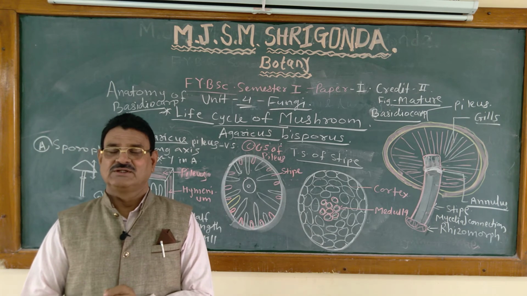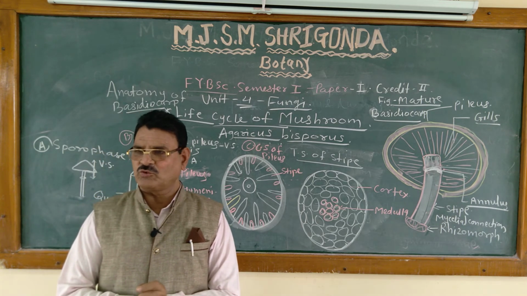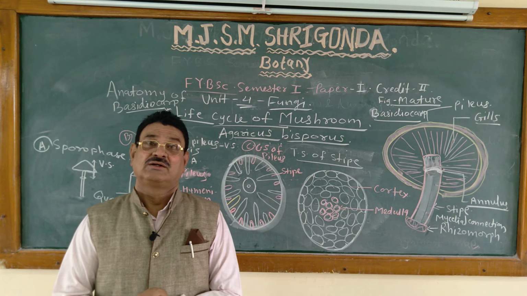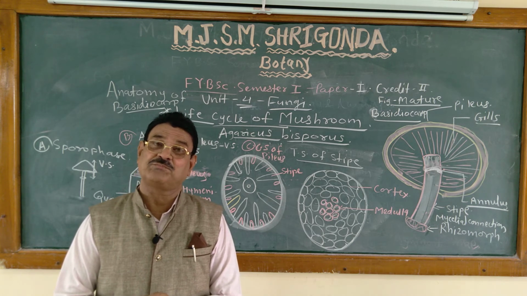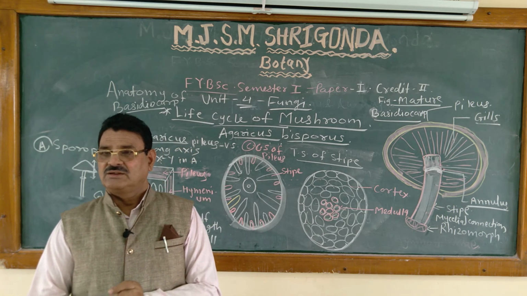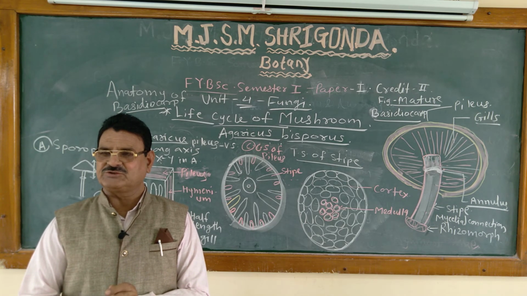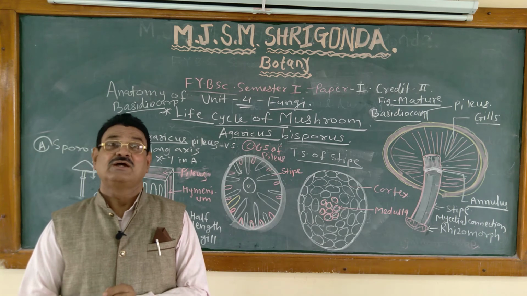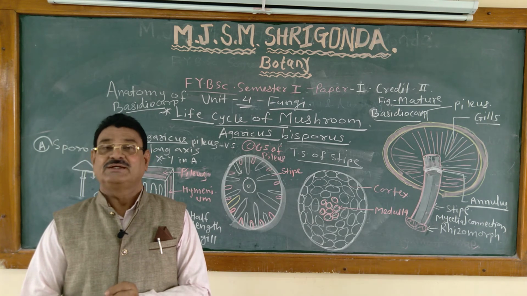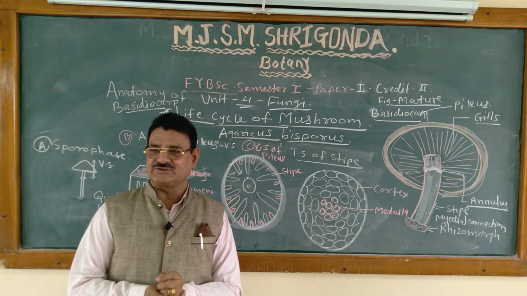Then asexual methods. Asexually it reproduces by chlamydospore formation. The chlamydospores are formed by secondary mycelium, which is formed by fusion of primary positive and negative strains of mycelium. The chlamydospores germinate to produce dikaryotic mycelium. Some species of Agaricus reproduce by oidia formation, but here the chlamydospores germinate to form the mushroom or button stage.